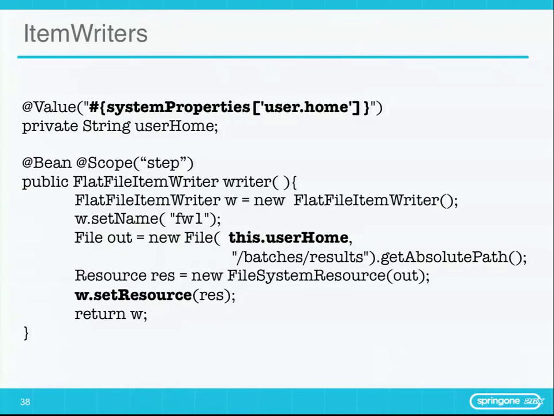There are some writers that are not stateful, so you can use those as well, but be aware that you have to know which writers and which readers keep state. A lot of them are, you can create a singleton and just reuse the same thing over and over, but sometimes that's not always true. So here's an example of a flat file item writer, which is going to write out information to a file that I've created here, and you just set the resource, and then you're done. So it's going to write that out each time it gets to a step.